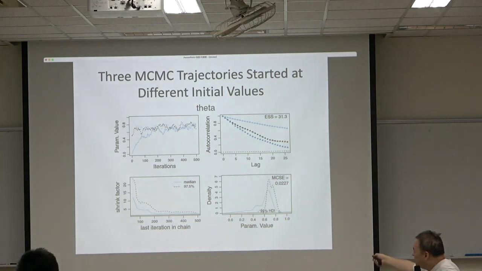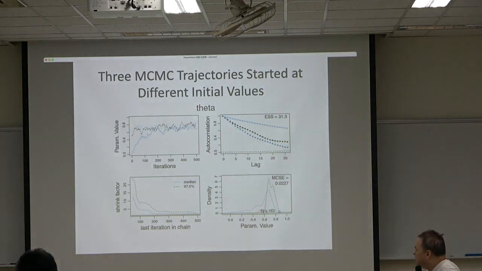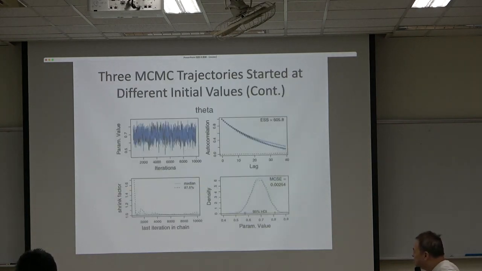So the upper left corner indicates the parameter value, or the trajectory of different chains. If your chains are representative, most likely these different chains, even though they start from different locations, will mix very well. Okay, they will mix very well, and if you still remember, in the Python version, we have